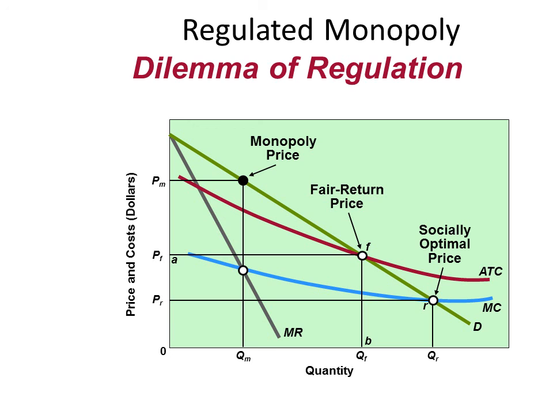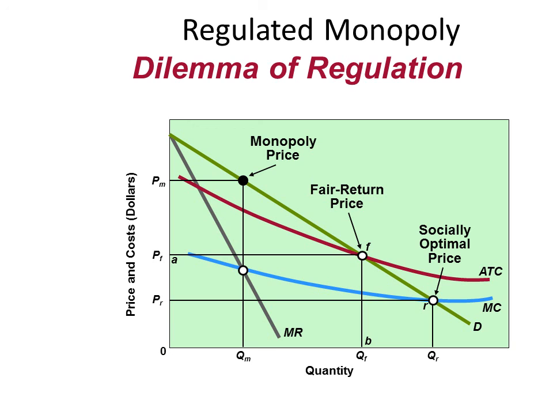Notice how price, PR, is below the red average total cost curve at QR level of output. At the socially optimal price, the monopolist would eventually go out of business after suffering a series of short-run losses. Now, no one wants that to happen because they're producing a product for which there's significant demand. Therefore,